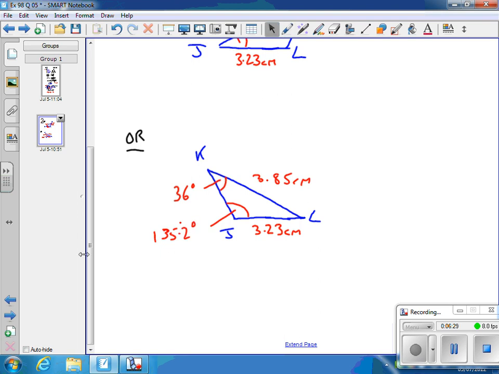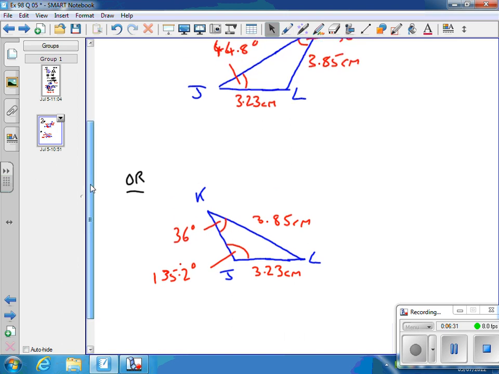And you can see that both those possibilities are there. It's feasible that side JL can be 3.23 in both triangles, and side KL could be 3.85 in both triangles,